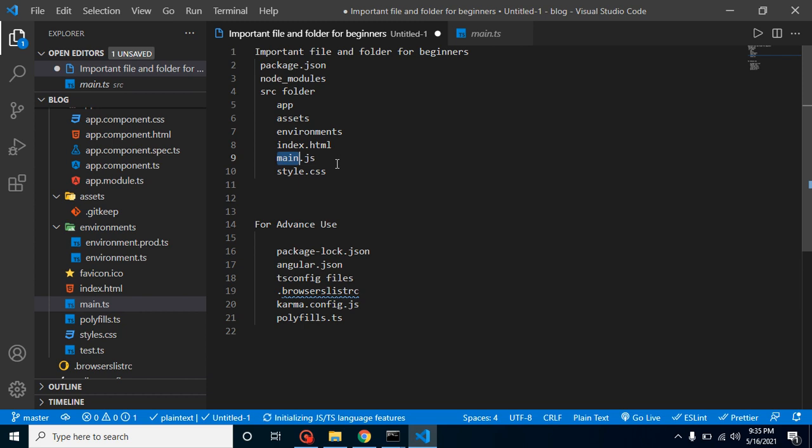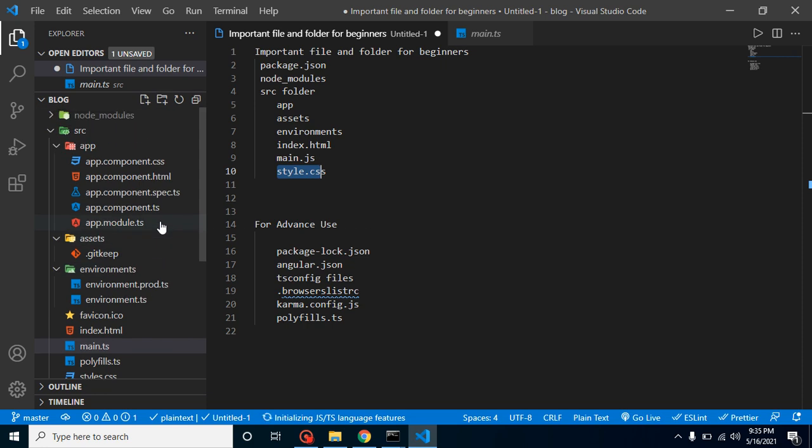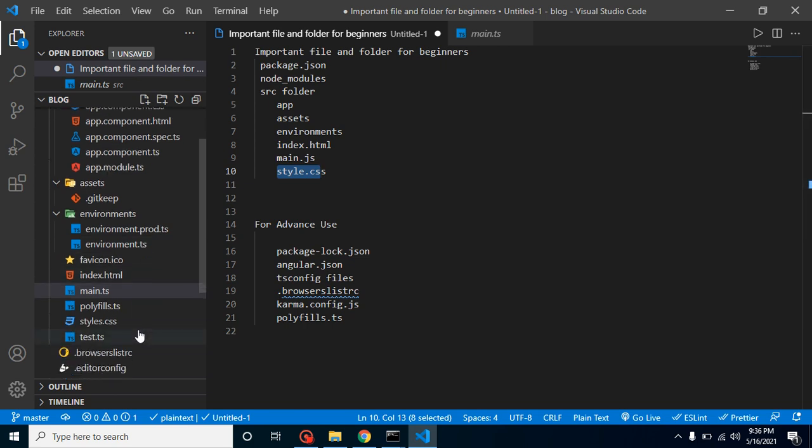All right. After that, style.css. So here you can write your global style. So what do you mean by global style here? Style is normally style, no, actually. Let's say you just want to write style for only the login page. For that, you will write that CSS only inside the component.css file. But let's say any CSS that is used in multiple components in various places, that time we will write that style inside our style.css file, right? So these are the basic things that beginners must know.